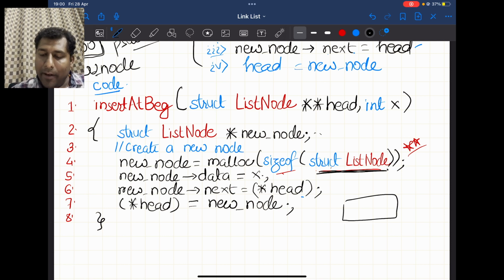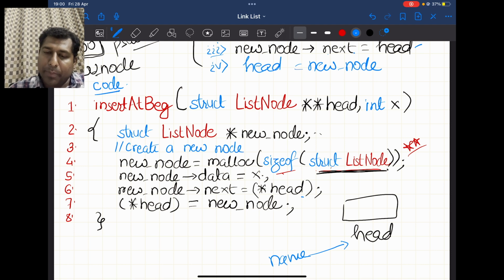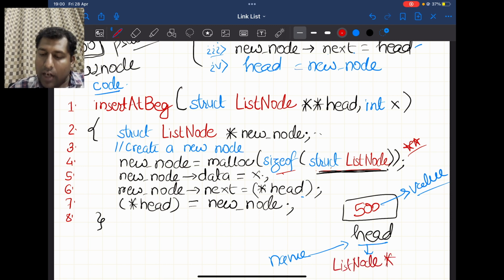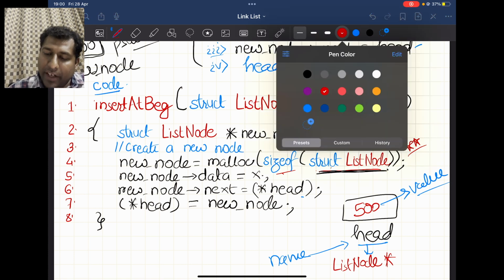So this is head. Head is the name of the variable, and it now contains the 400. Suppose previously it contained 500. So 500 is the value, head is the name, and what is the data type of head? It is struct list node star. Then there might be an address of the head. Suppose the address of head is